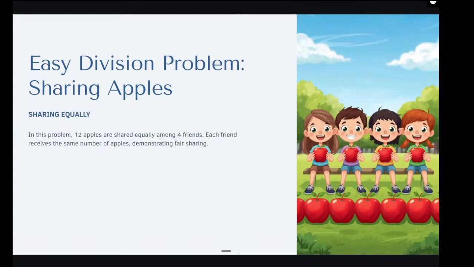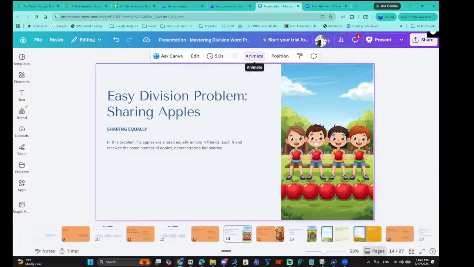Easy division problem. Sharing apples. Sharing equally. In this problem, 12 apples are shared equally among 4 friends. Each friend receives the same number of apples, demonstrating fair sharing. So here is a practice problem that we will work on over here